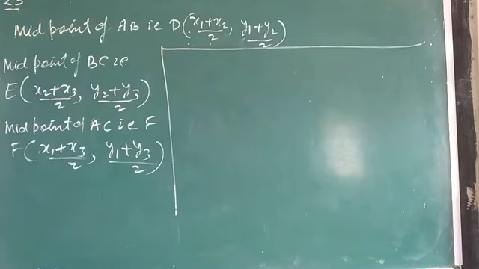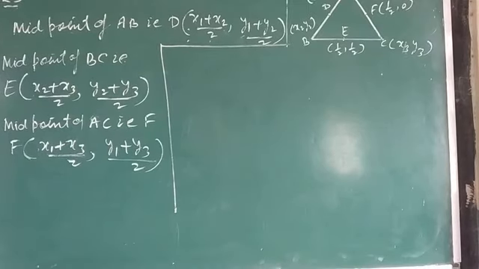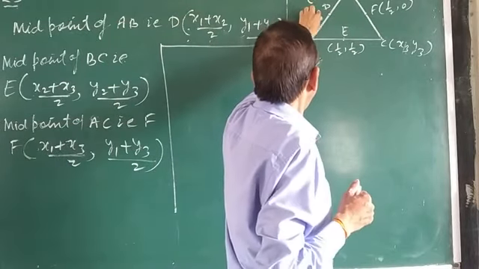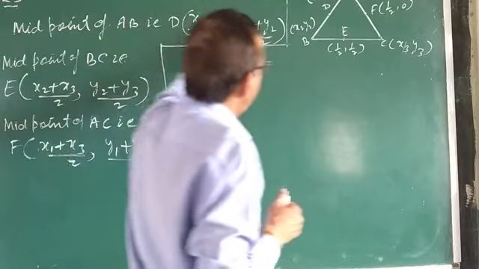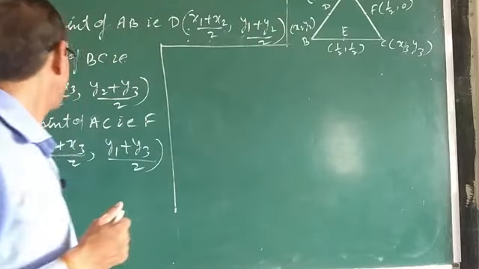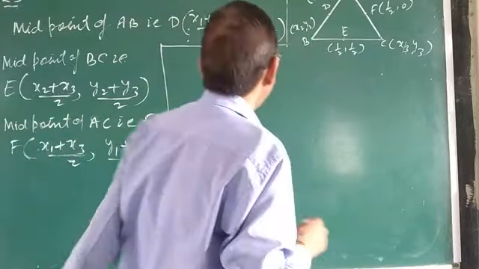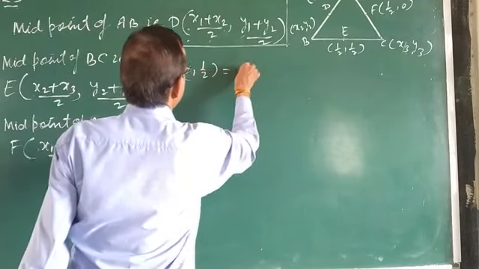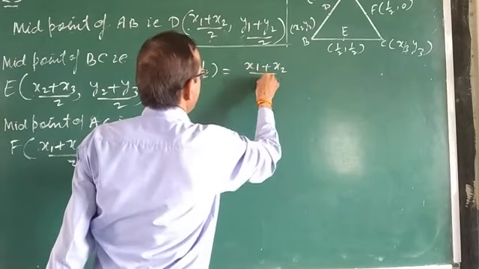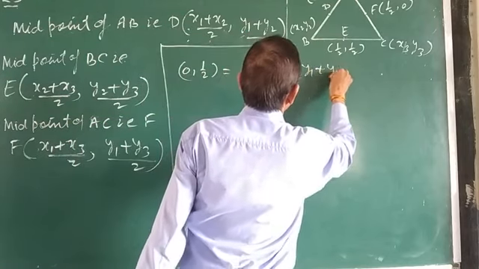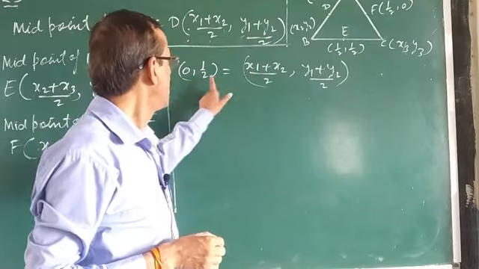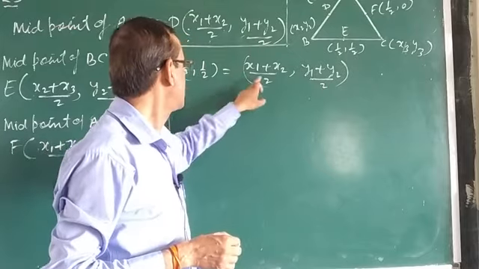So by using that midpoint, now see, I drew the figure here. D is equal to this D, E is equal to this E, and F is equal to that F. So we can write (0, 1/2) equal to ((x1 + x2)/2, (y1 + y2)/2). It means that (x1 + x2)/2 is equal to 0, and (y1 + y2)/2 is equal to half, and this is equal to 0.